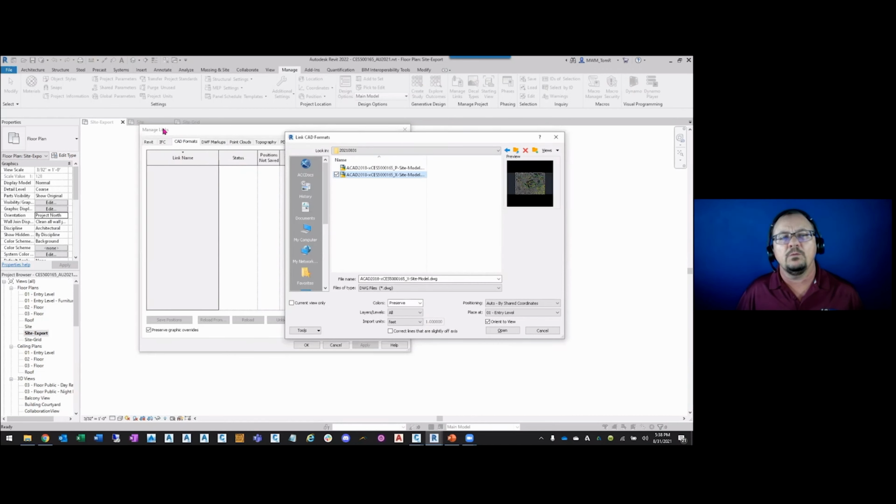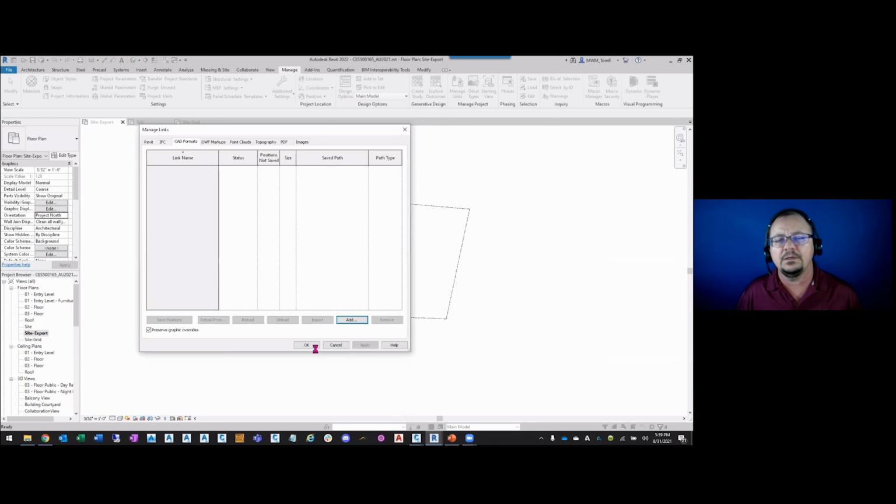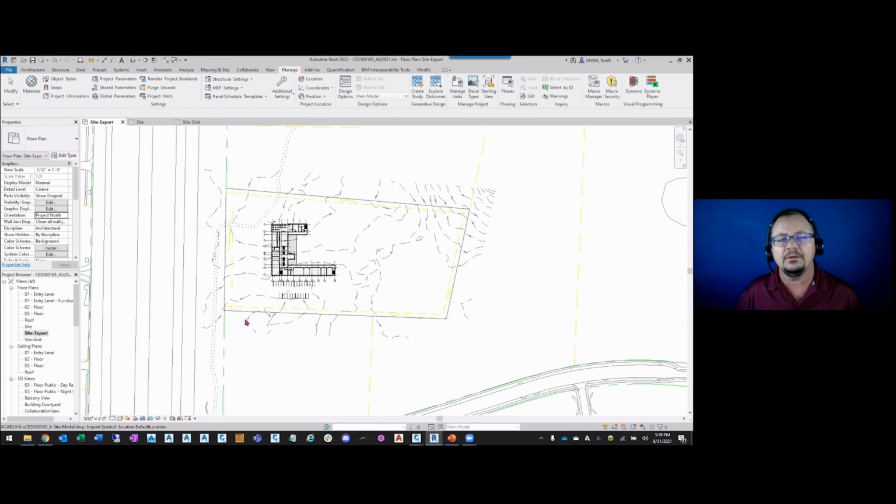So by going through Manage Links and then CAD Formats and clicking Add, now you can see that our positioning shows us by shared coordinates. I'm going to uncheck Orient to View, make sure we're set to feet, and make sure that Correct Lines is turned off. Now I'm going to click Open, and I'm going to click OK.